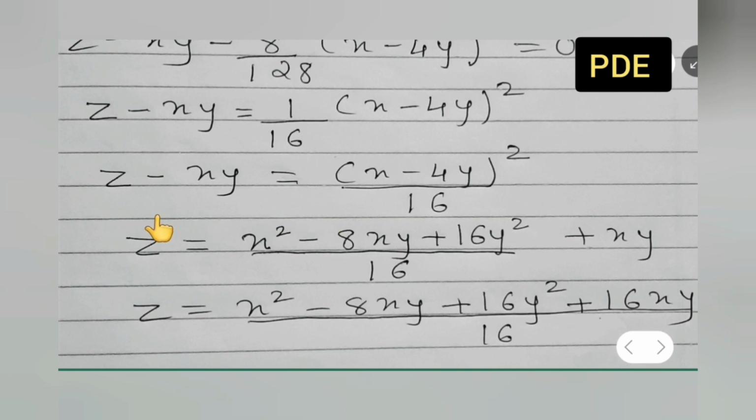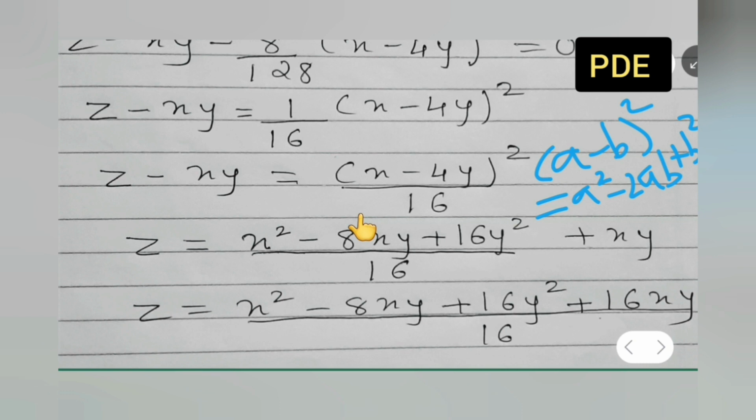Okay, so what you all do is z is equal to, okay, now what is this x minus 4y? Now this minus xy I have taken here, plus xy, right? Now we will see only this 16 upon 16, right? Now (x - 4y) square. Now you have to apply which formula over here? (a - b) the whole square is equal to a square minus 2ab plus b square. Okay, I'll have to apply this.